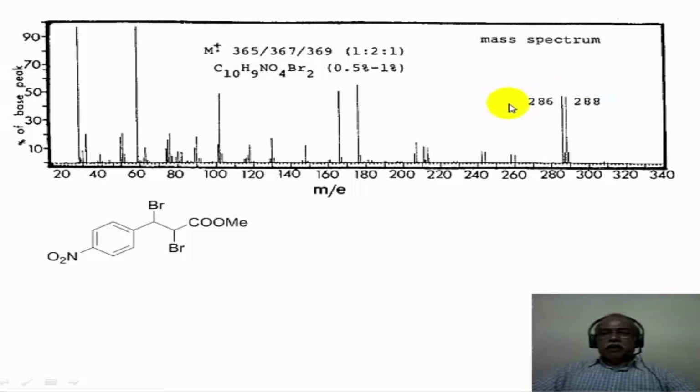If you look carefully at the intensities of the ions, which are m and m plus 2, the mass unit difference should be 2, and the intensities should correspond to the bromine isotopes 79 and 81 being in 1:1 ratio in natural abundance. This is a very valuable tool to identify the presence of chlorine as well as bromine in mass spectra using the mass spectrometric technique, and this is what is illustrated in this particular example.